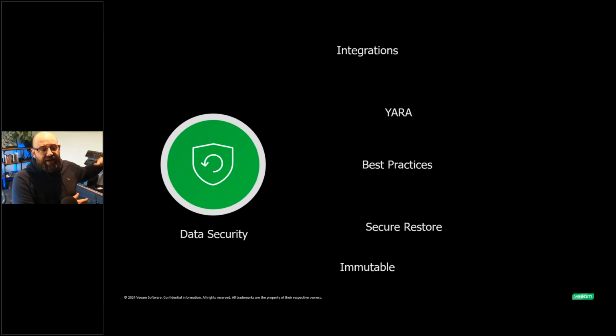But then equally on the left-hand side is how do we leverage YARA for inline scanning to make sure that we're not backing up bad data? But also, how do we integrate into the likes of Sophos or Progress Flowmon from a network detection perspective? And then when we see smoke signals, how can we leverage them to say, all right, we need either another backup, or we need to start a restore, potentially into another location, maybe it's into a cloud, all of those things.